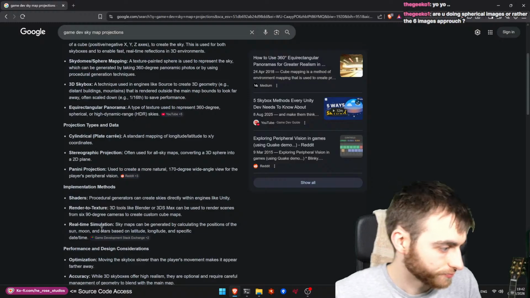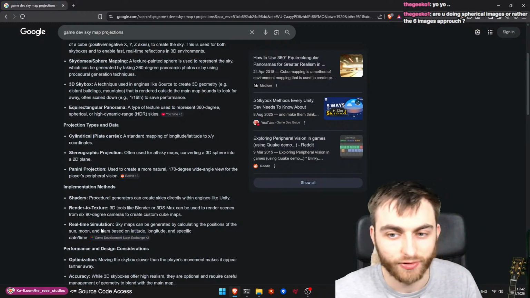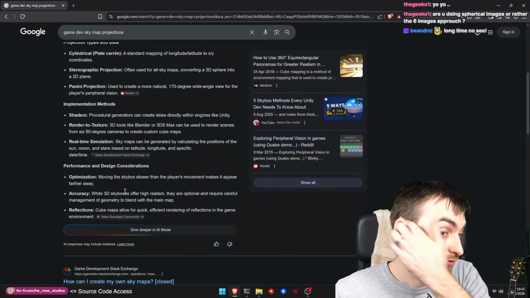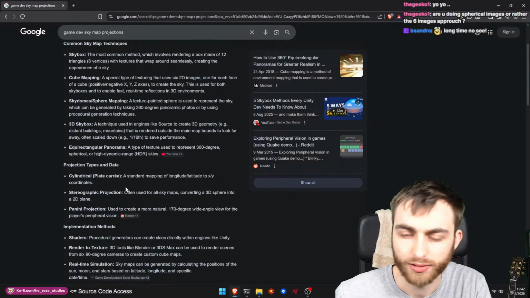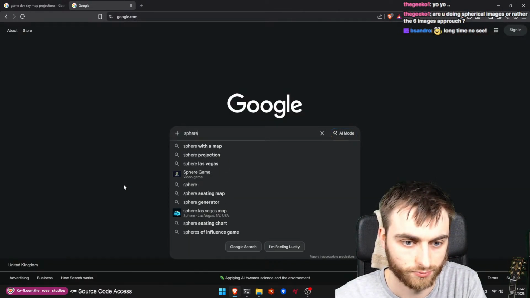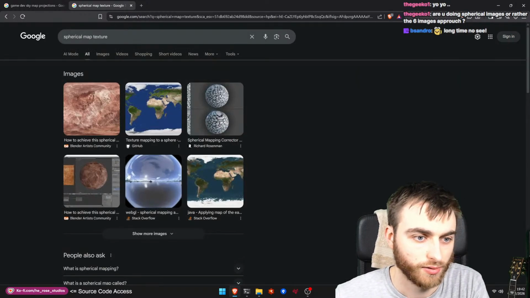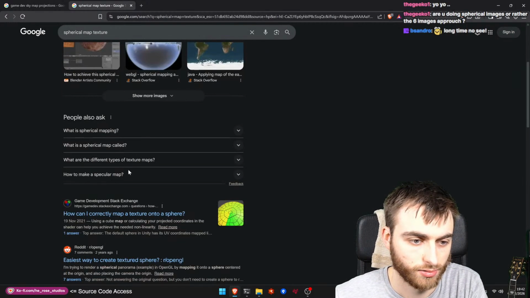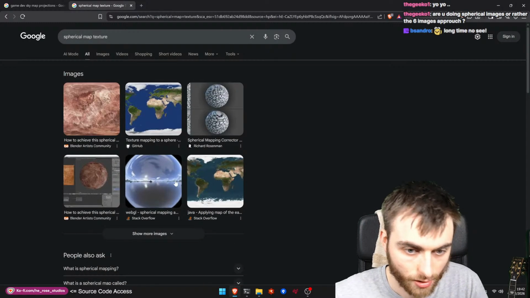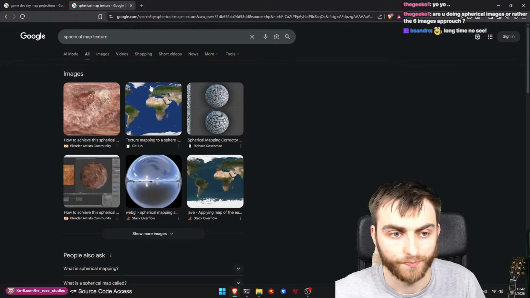I do spherical images or a six-side image approach. Yeah, that's the choice, isn't it? So you can do the spherical map texture. Is that what you call it? I think that's what you call it. That's one approach you could do, but you get lots of resolution around the poles, don't you? So you could basically take a normal and